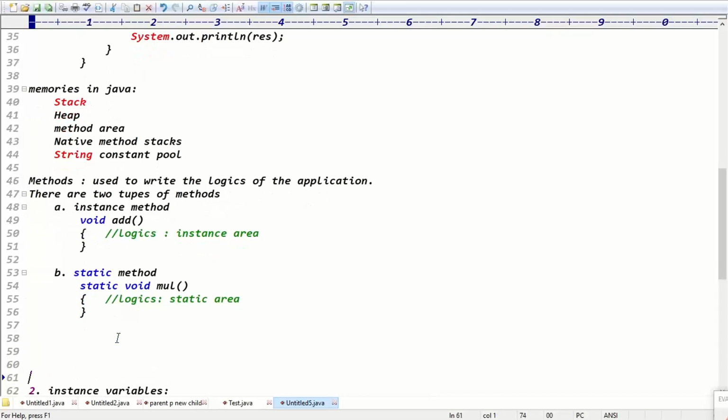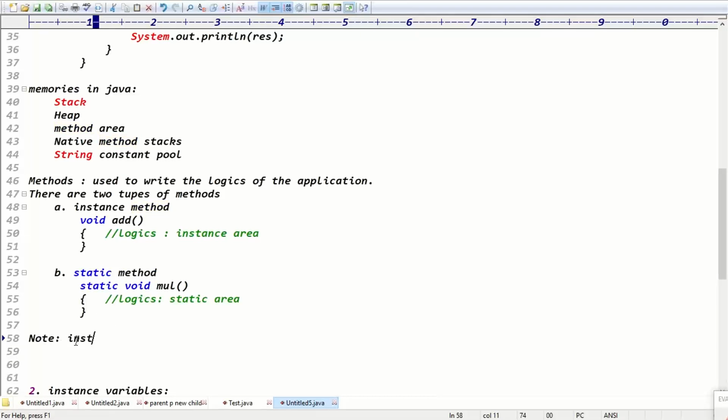But see, as of now, methods are used to write the logic. Even instance and static method, both methods are used to write the logic, guys. So then what is the difference? Yes, the difference is we will discuss the overriding concept basically in polymorphism. Its name is called method overriding. If you go for the method overriding concept, instance methods you can override in future. Yes, in instance methods it is possible to override. Static methods are not possible to override, guys. That is one of the main differences actually.